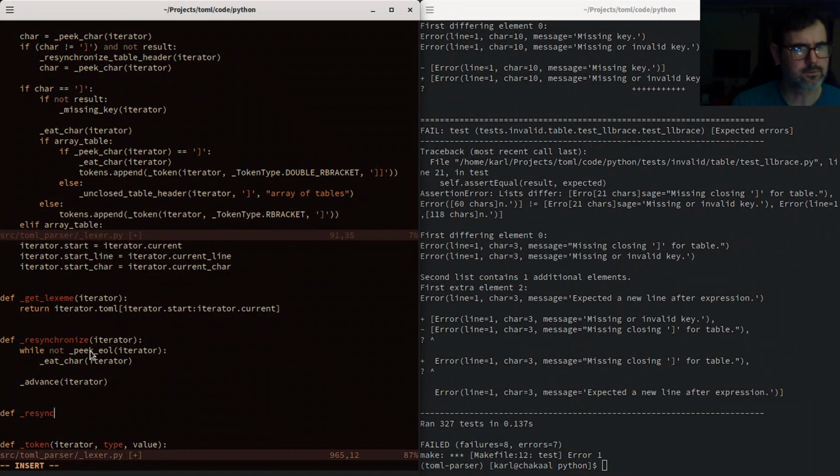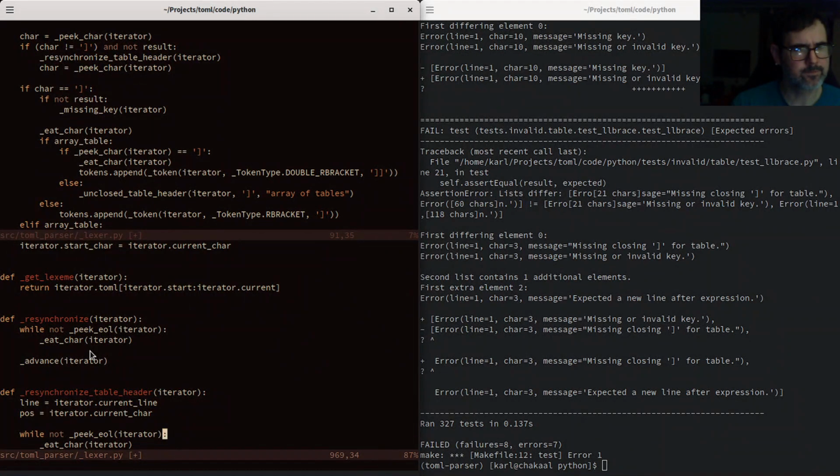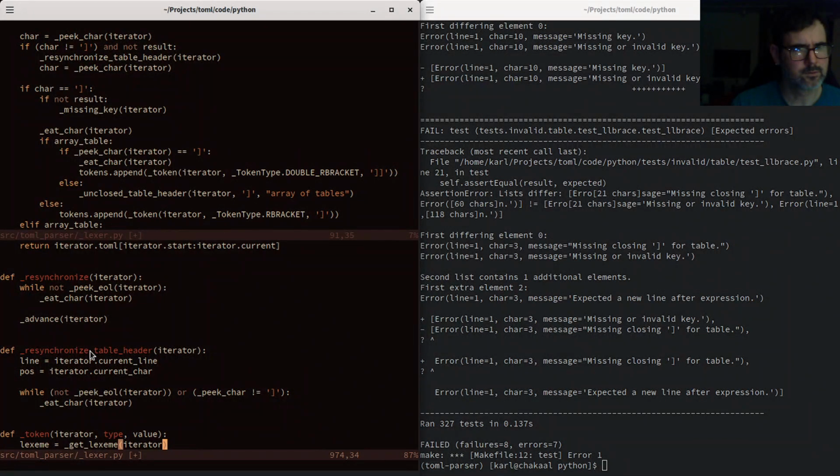So let's just try this out. So we're going to want to do something like line equals, and then, so while we don't have an end of line, so if we break out of here,